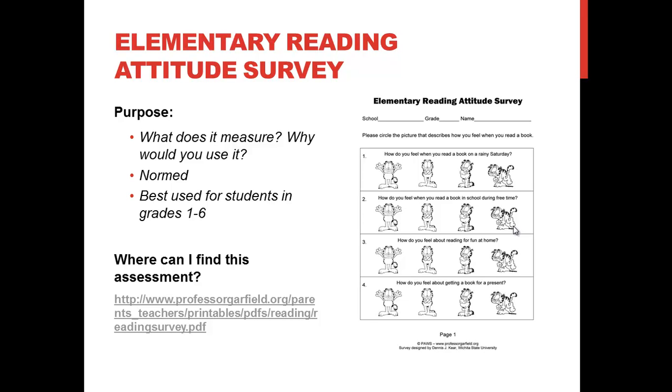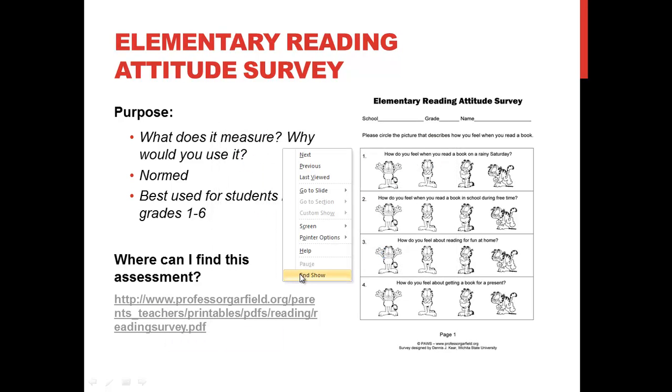Now, the Elementary Reading Attitude Survey is really trying to get at students' attitudes towards reading. And there are 20 items on the survey. 10 focus on recreational reading and 10 focus on academic reading. This is a normed assessment. And where can you find this assessment? Well, you can find it pretty much all over the place. But I found a nice website that has the